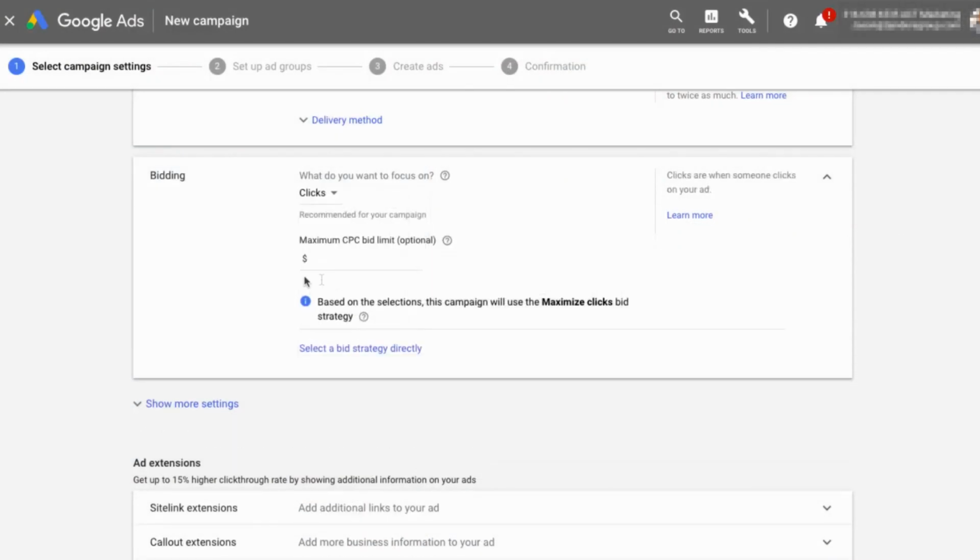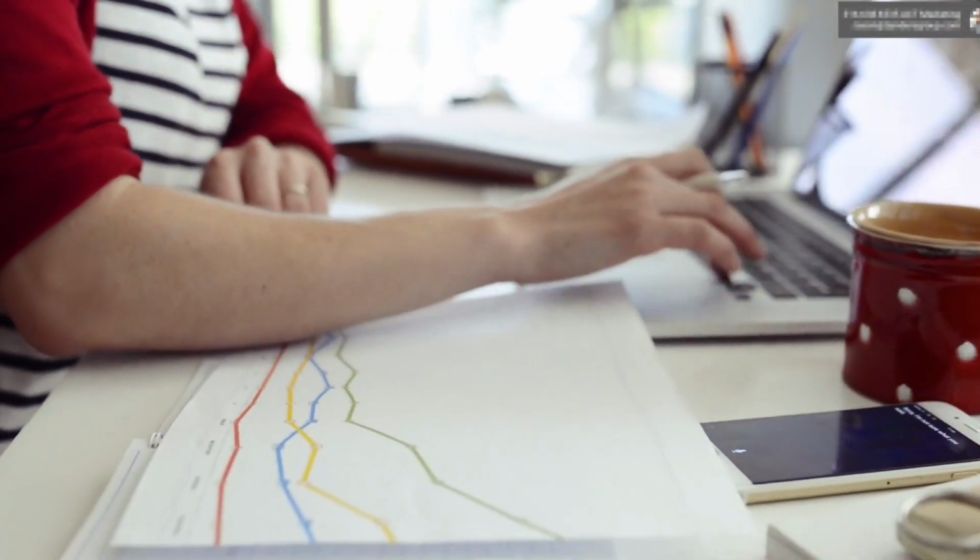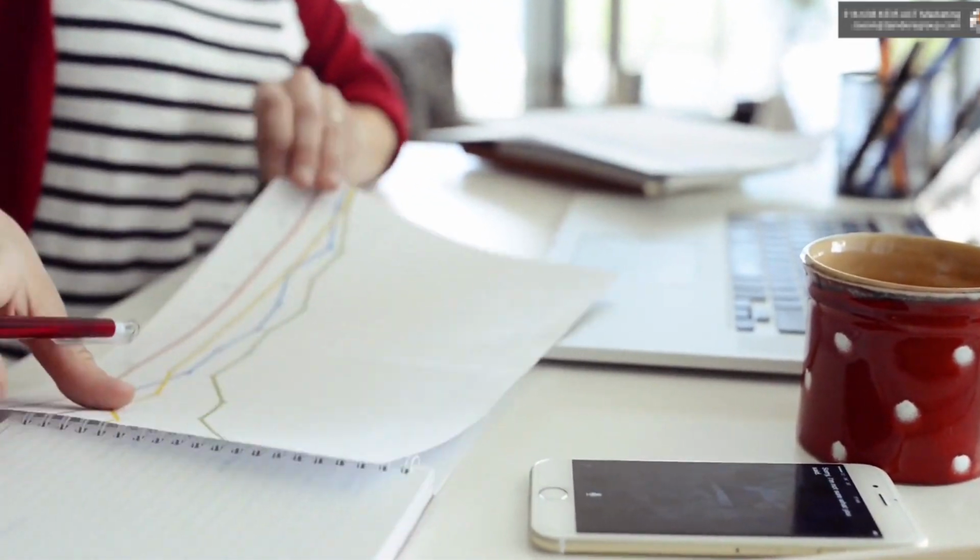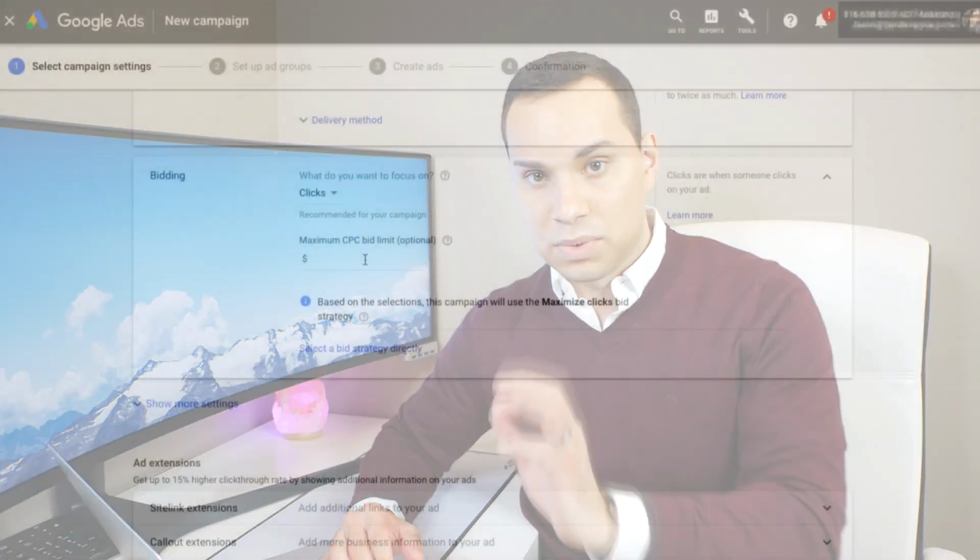So here we're going to bid based on clicks. Once you have a couple of conversions on your web, well, at least 50 or 100 conversions, then you can bid for every time someone takes an action on your site that you want, like every time someone gives you a phone call, or every time someone enters their name and email, or purchases a product, or books a consultation. You can pay for those actions, but if you haven't had those actions yet, you're going to spend a lot of money while Google tries to figure out how much that action should cost. So we'll just do by click.